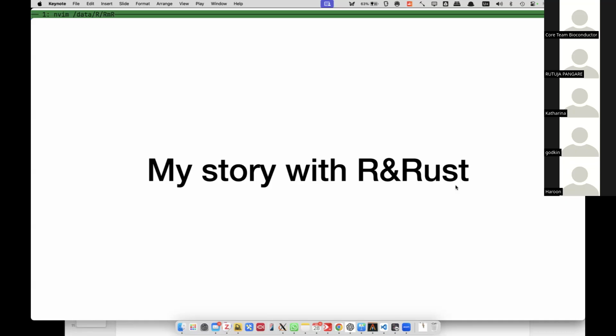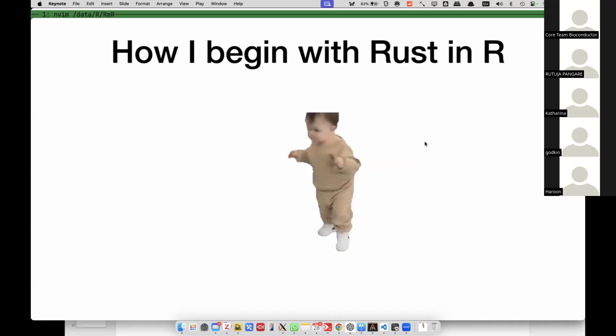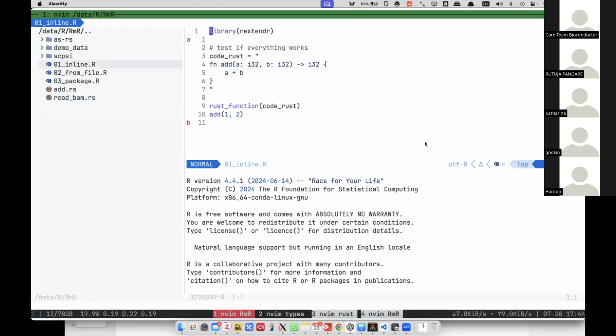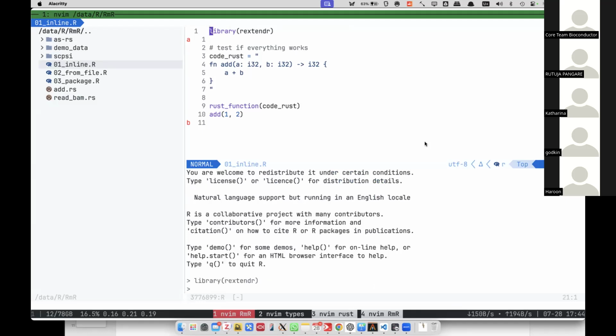So here it goes. How I began with Rust in R: maybe you have tried it or not, but I think it's very easy to start with Rust in R, thanks to the very well-designed extendr package. You can easily try Rust in R in an interactive way.